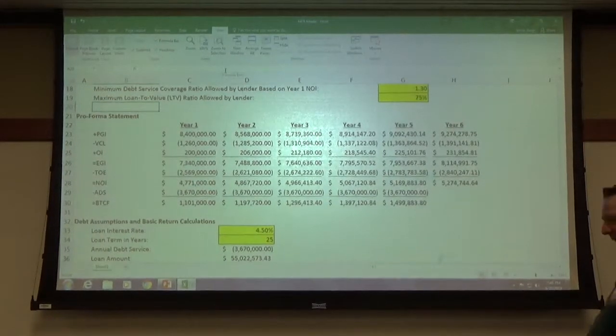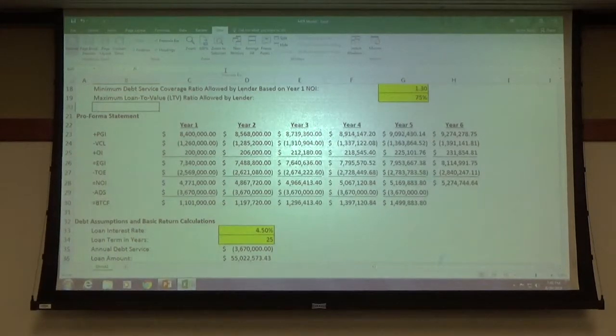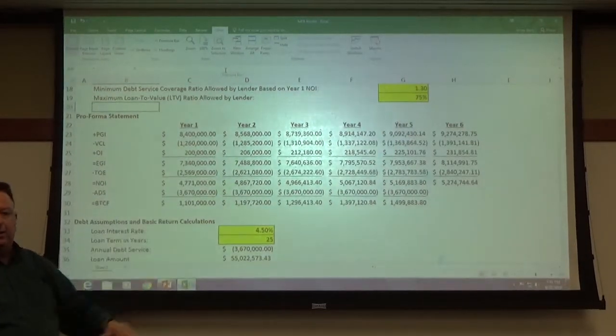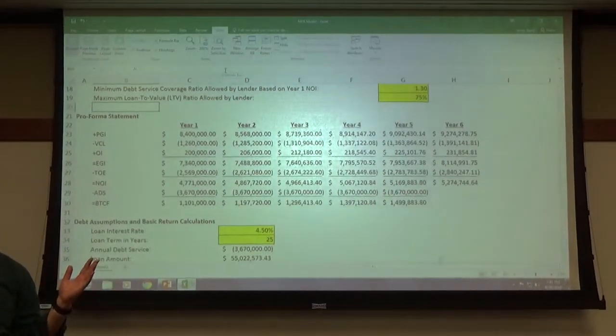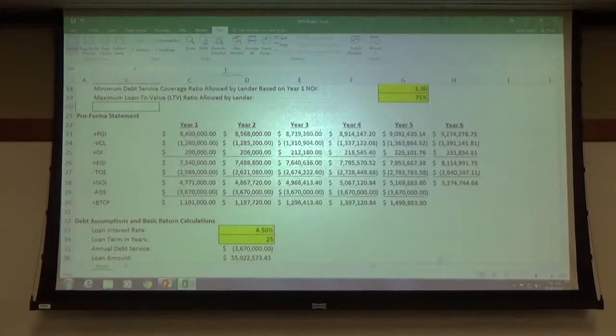Because from your perspective, as the borrower, you may just be saying, I don't really care to a certain extent what my rate of return is. I may just be buying this property because I'm simply looking for a place to park my money for the next 5, 10, 15, 20 years. I'm not really looking to make any cash flow off of it. So as long as I'm breaking even and pretty much getting something above zero here, I'm okay. Does that make sense? But that's something on a personal level that you're dealing with. But from the lender's perspective, they want to make sure there's a cushion there. Okay. Are we all good up to this point?